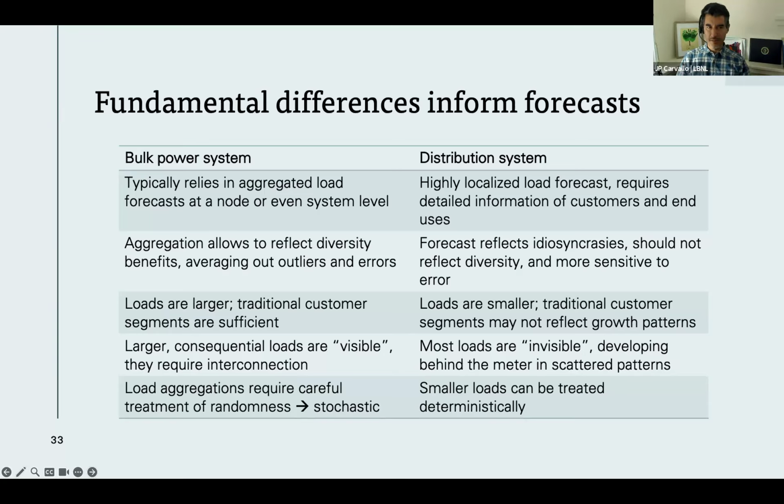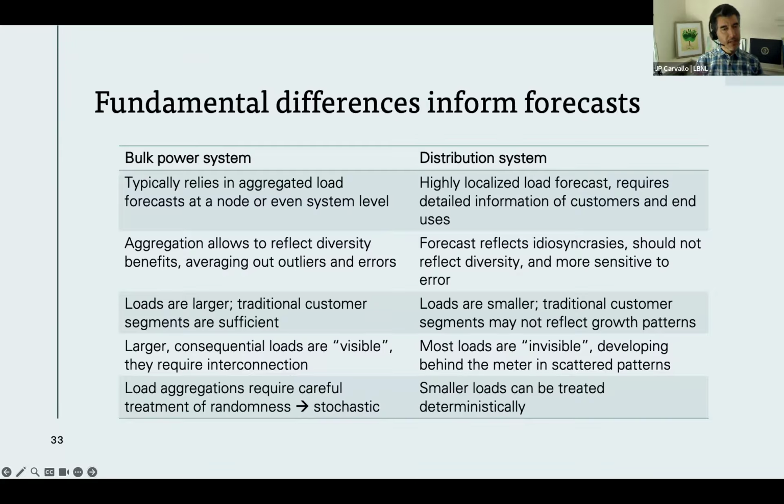The bulk power system is very big. It encompasses sometimes an entire state or multiple states. And in doing this, it can't represent load at a very granular level, or it doesn't need to historically. And so it usually develops specific nodes. Sometimes those nodes are very large transmission substations and aggregates the underlying load that connects to that node